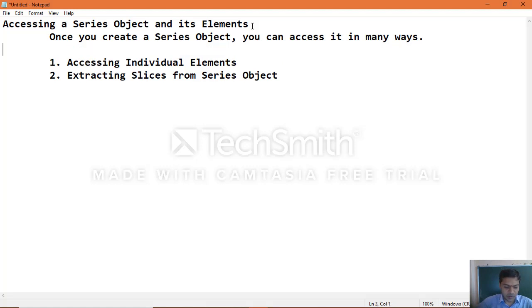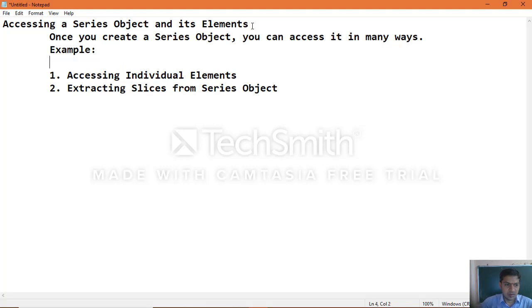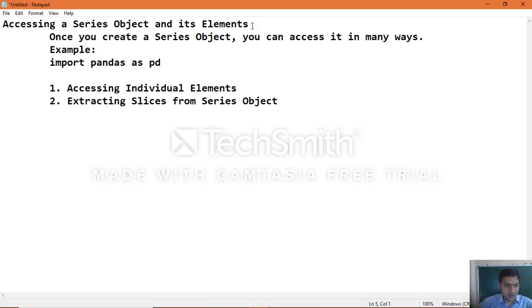Let's take an example of earlier objects which we created. I'll create the objects: import pandas as pd, then import numpy as np.